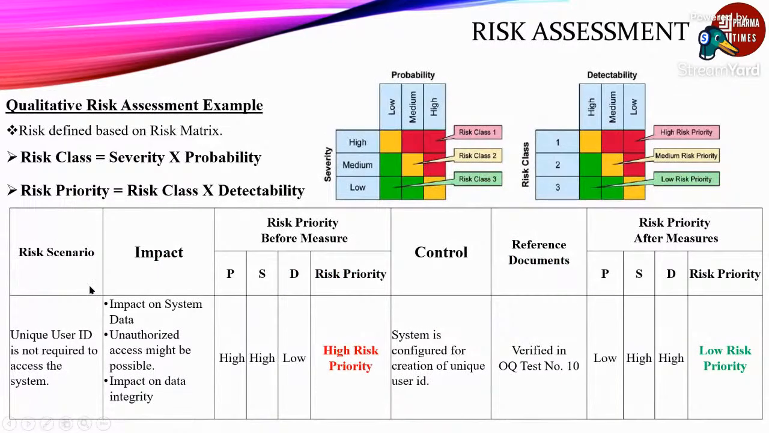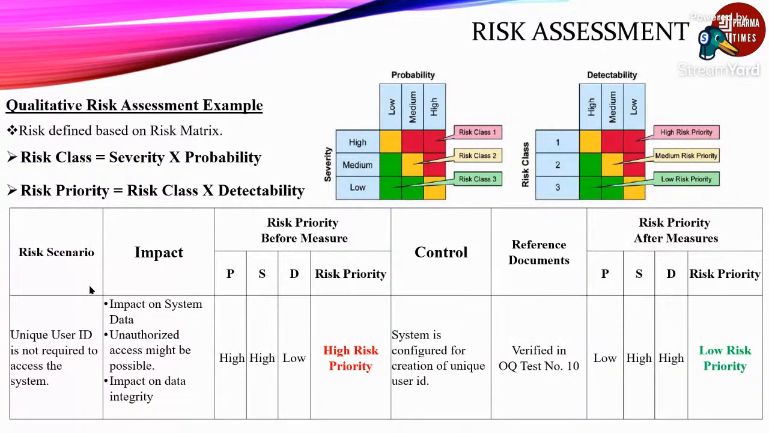Right? What is the risk scenario? The risk scenario is that a unique user ID is not required to access the system. It means if my name is Raviraj, the system allows me to create another user whose name is also Raviraj. So two users have the same name, which means they do not have a unique identity. During login into the system, anyone can access it, and you can't understand which one is from which department